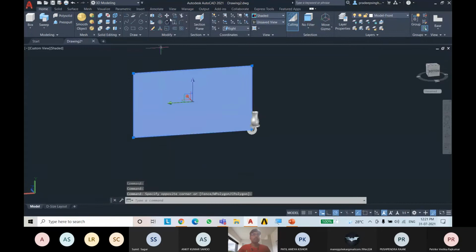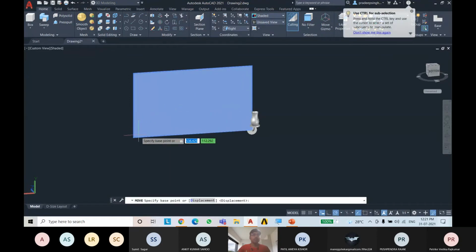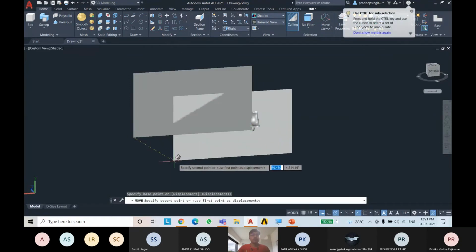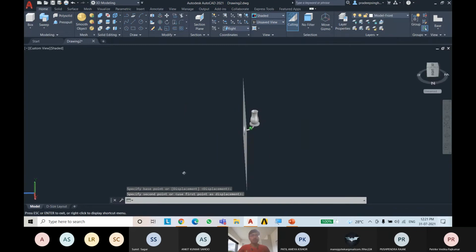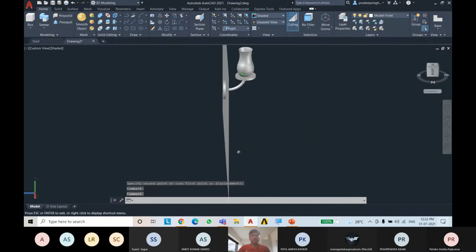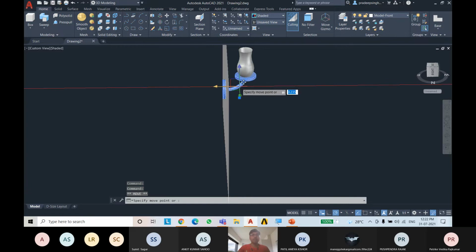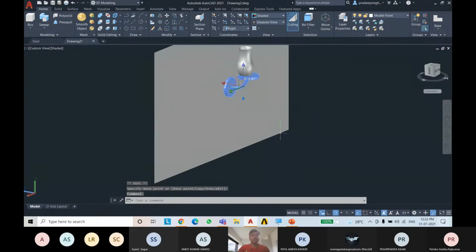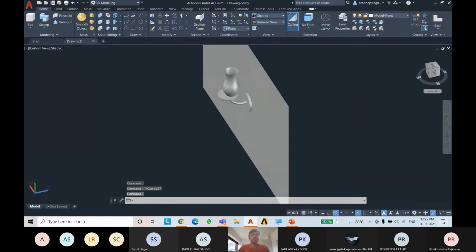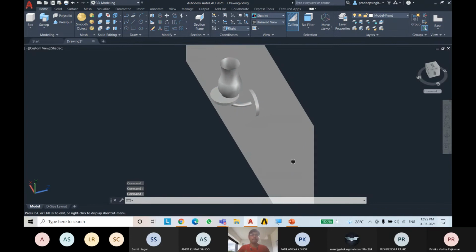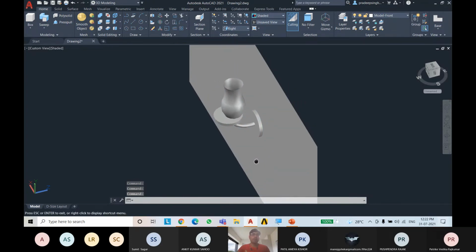Just select this, use the move option, specify the base, and drag this to the middle point, then orbit it and make adjustments. Select this, you can see the thin arrow, make some adjustment so that it comes in front of the circle.